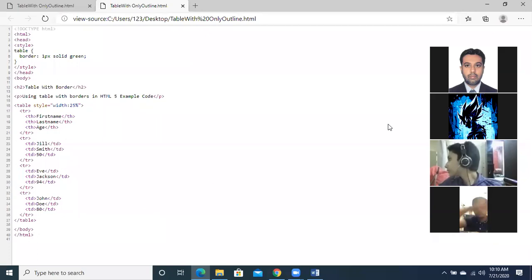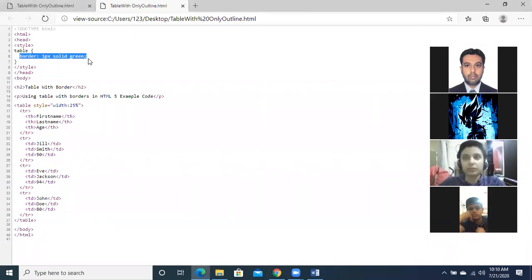Now see, what is the change that we have applied over here? What are the two important things which changed compared to the previous coding that we did last time? The main concern is that in the table we have mentioned a border.